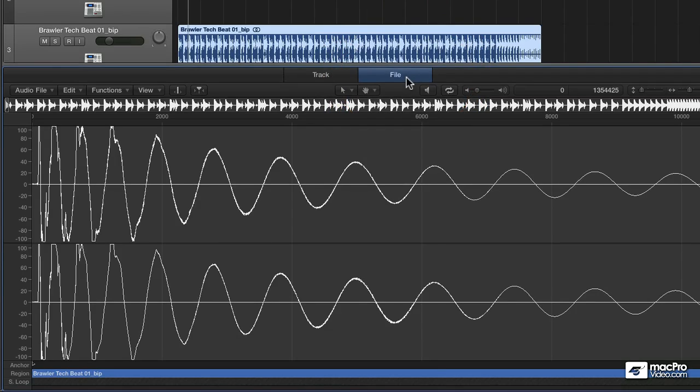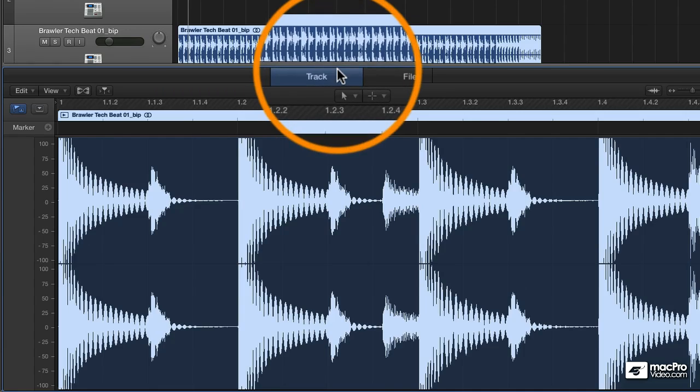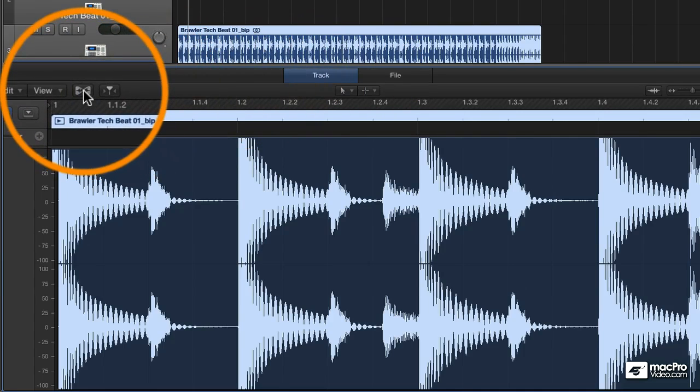We can't go back. Well, actually, we can go back because you can create backups, but the way that I prefer to think about it at this stage of the game, this is a destructive editor where we go through and we do our surgical editing and reversing of samples and doing all that kind of stuff. When we're in the track view, basically this is an expanded view of what we see in the main window already. If I was to turn on flex mode,